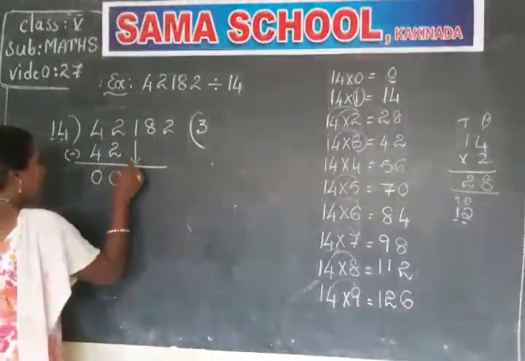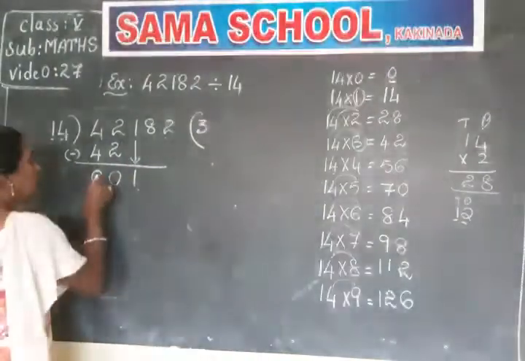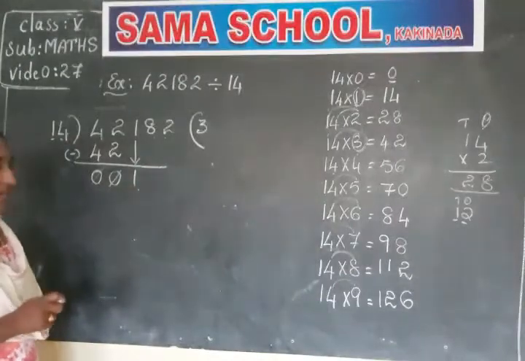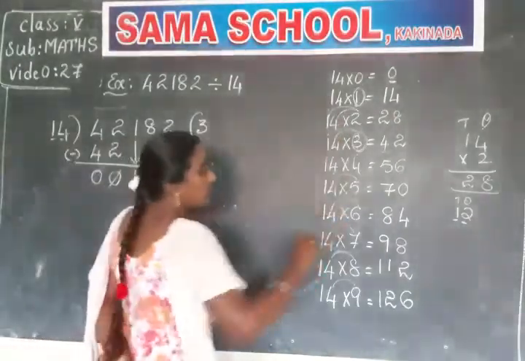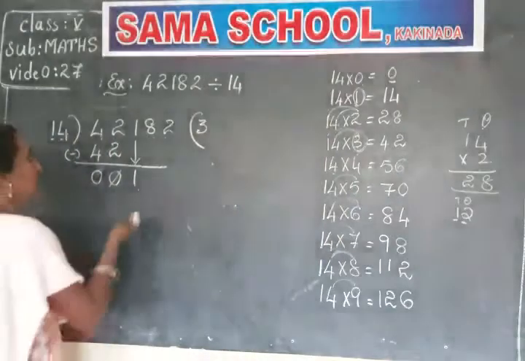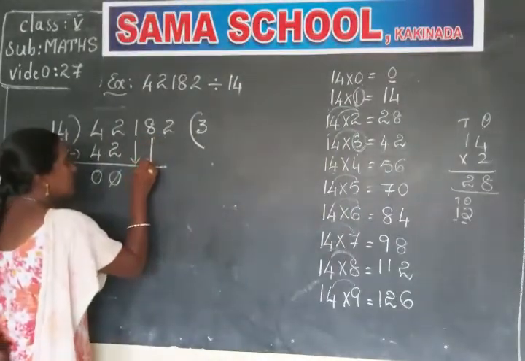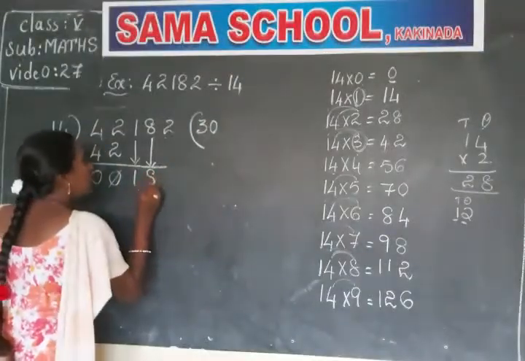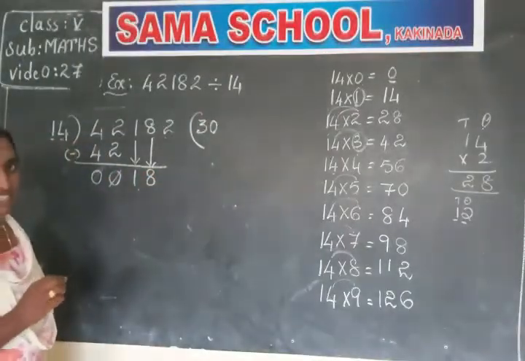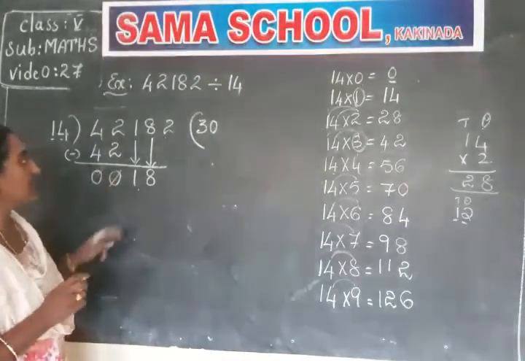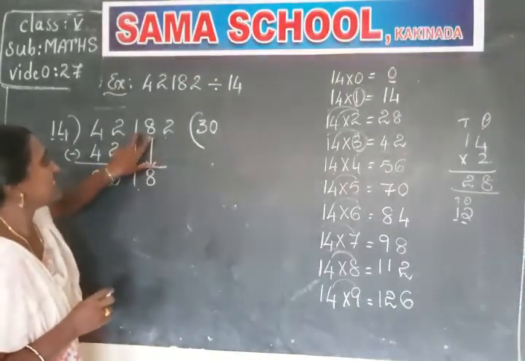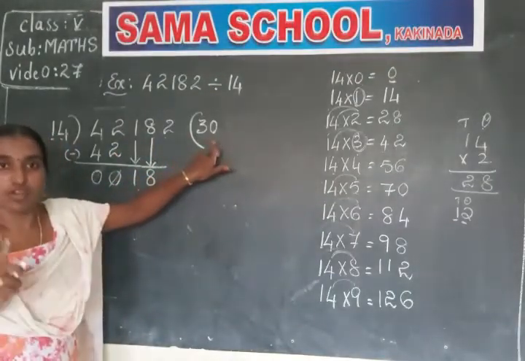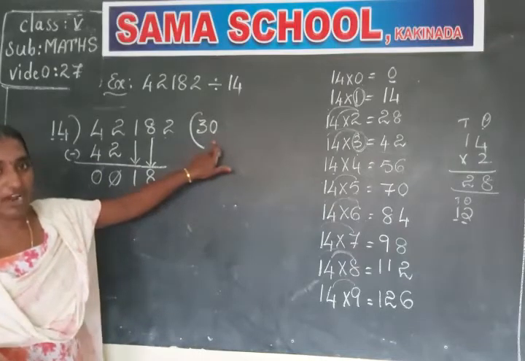And take the next digit 1. Bring down the next digit 1. Here these 2 zeros are invalid zeros. So only 1 is left over here. So 1 is not there in the table. We require another digit from the dividend. So before bringing down this 8, we have to put a 0 in the quotient place. Then only we have to take this digit. Did you understand? Here we have to apply this condition. Whenever you are taking the 2 digits at a time from the dividend, we have to put 0 in the quotient place. This is one of the rules we have to follow while doing the division.